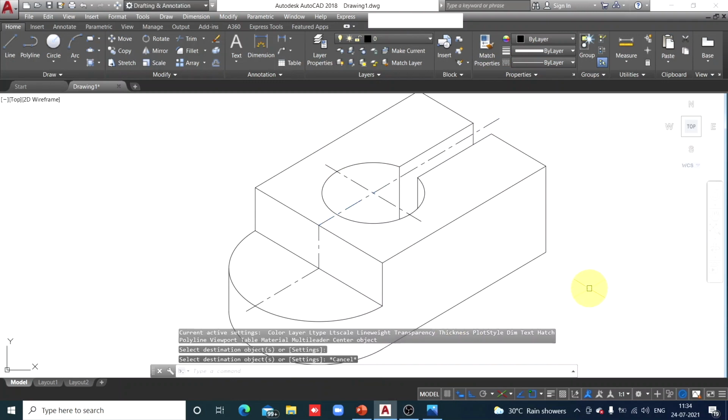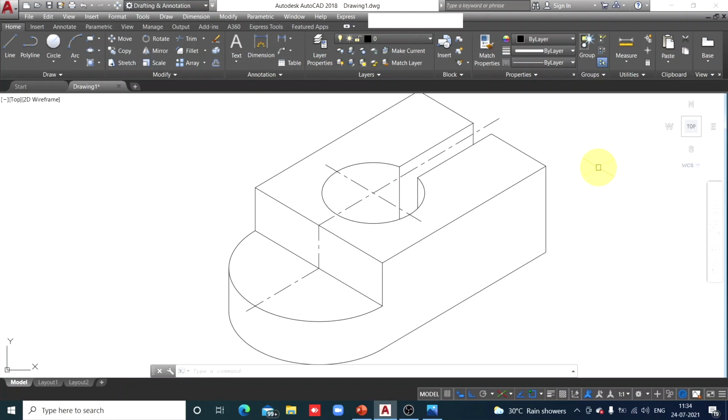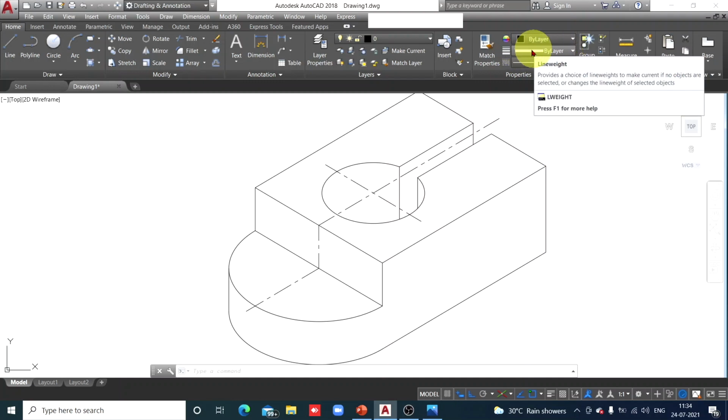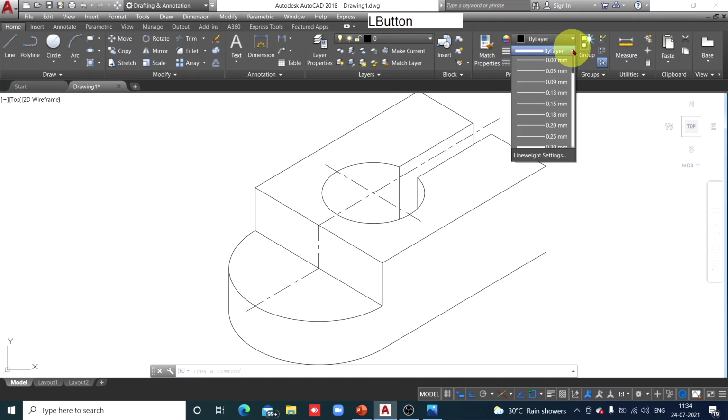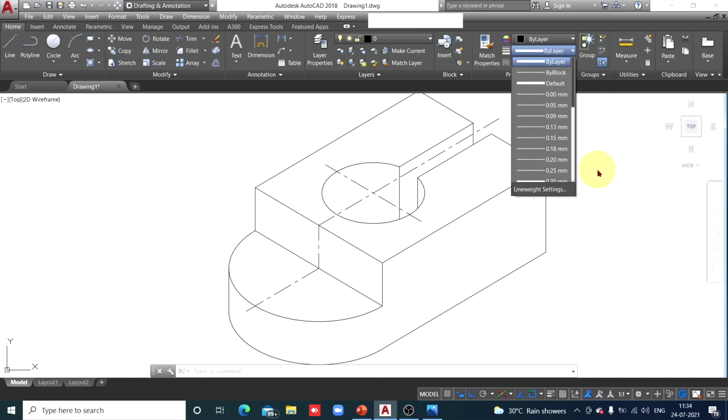Now one very important thing. We forgot to select thickness for our construction lines. Here, check here. This is the thickness you have selected for construction lines. It was present right when we started drawing and we forgot to select the thickness.